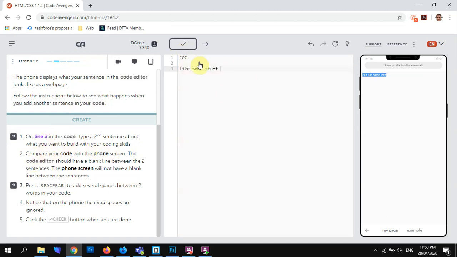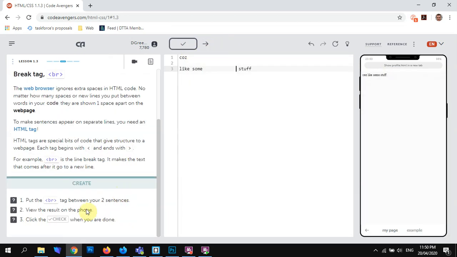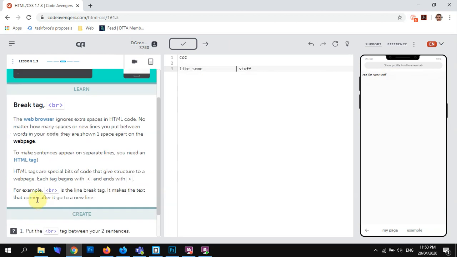Right, compare your, okay, we can see I've written on two lines, but this has not displayed it on 2 lines. Now press several spaces between 2 of your words. 2 of my words, several spaces. Still doesn't show any different. Notice the faint exit, ignore, press check. Okay. Right, to your next lesson. Then it says, right,